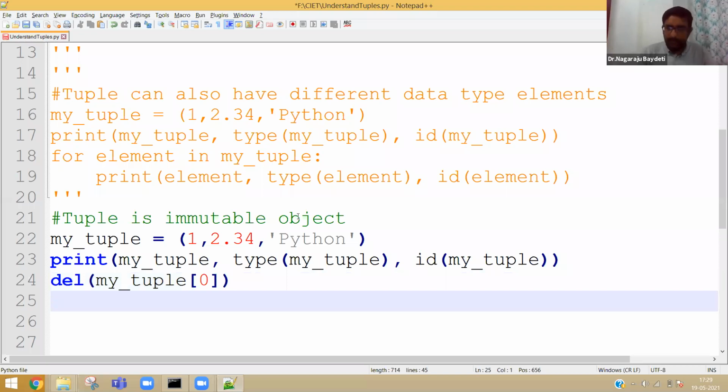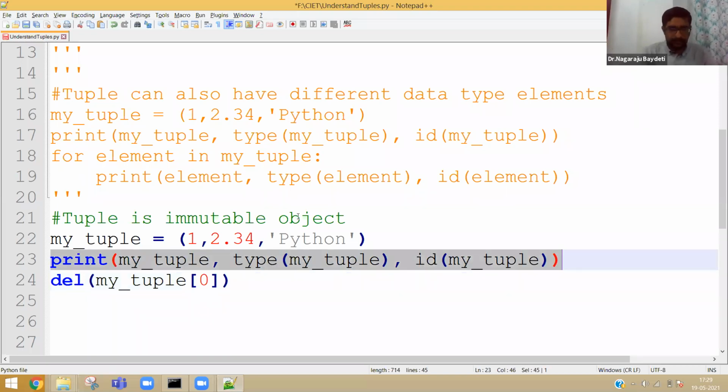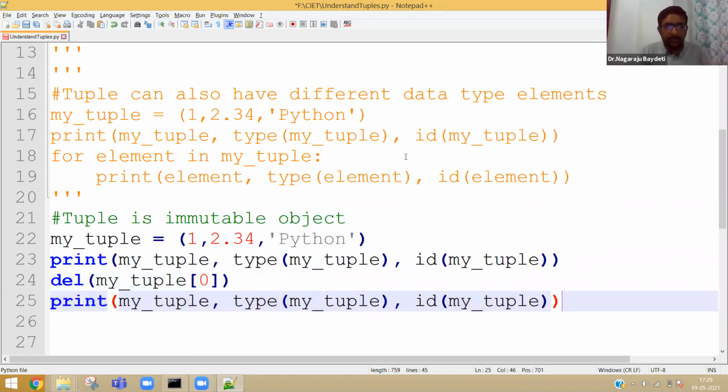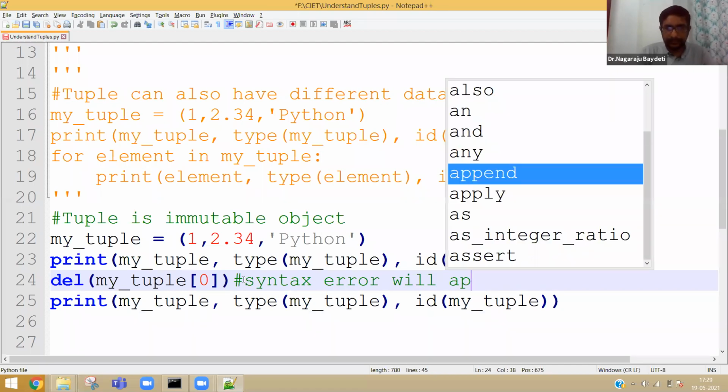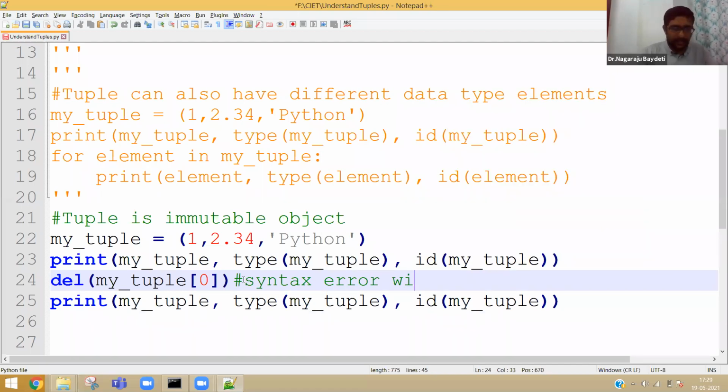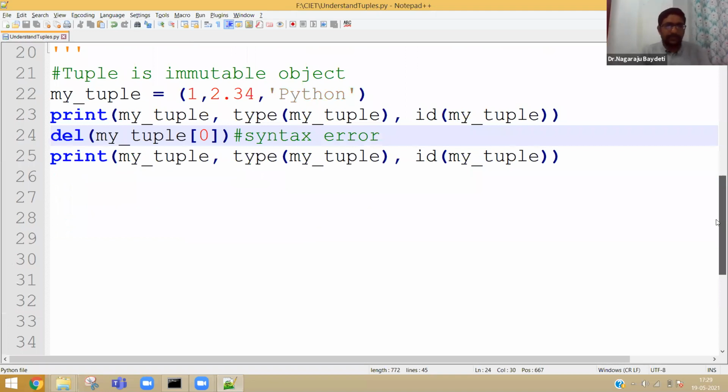And then let me print again. Here it will give a syntax error. A syntax error will appear. Okay. Now let us try to understand this segment of code.